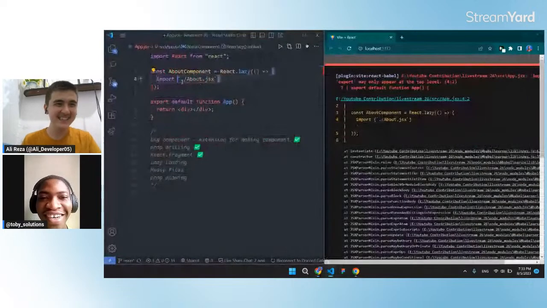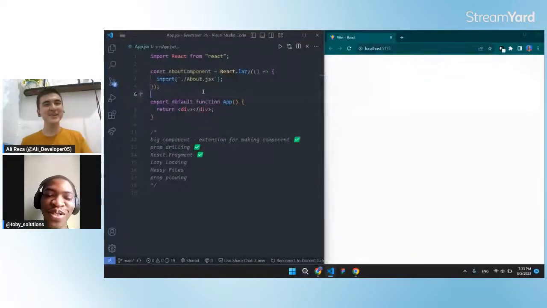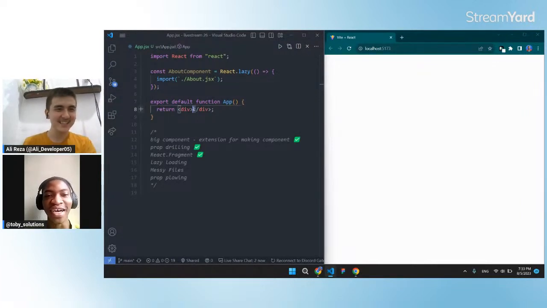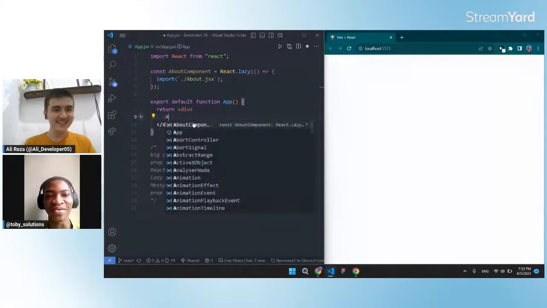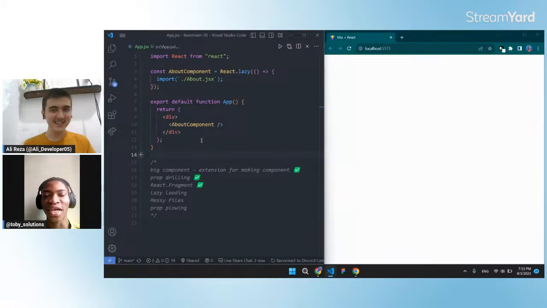Okay, right now it's working fine. Exactly. So now put About component in the div. Yeah, now put About component as a normal component in the div. So now when we refresh,